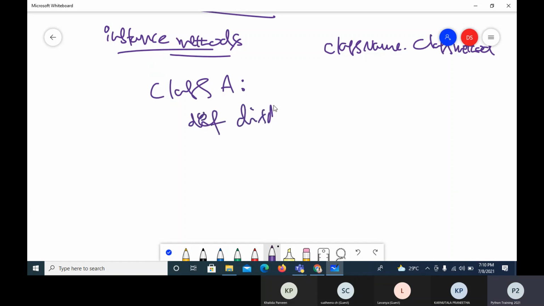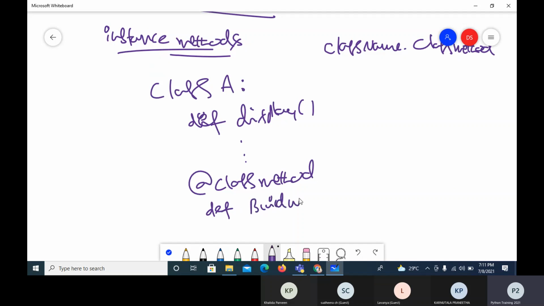This is an ordinary method, and I'm doing something here. When I take the class method, we have to use the decorator classmethod, and we'll define the method like, suppose, build with string, something like this. Then I'll be creating some object by constructing.